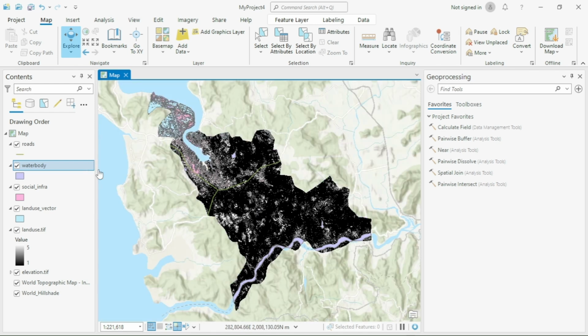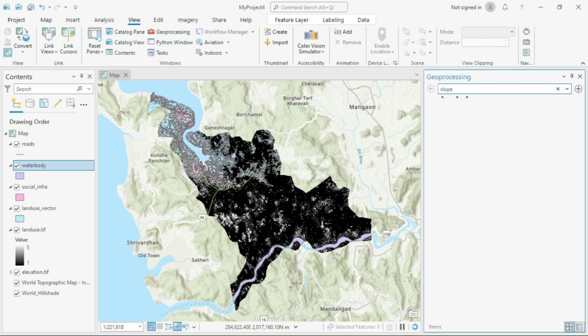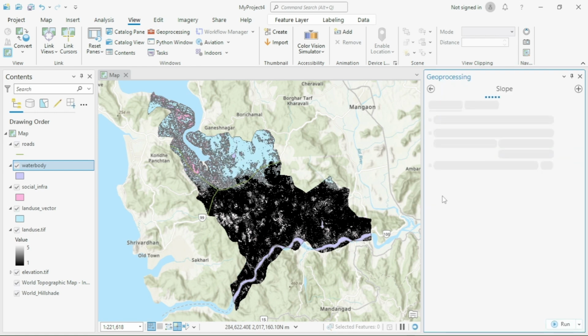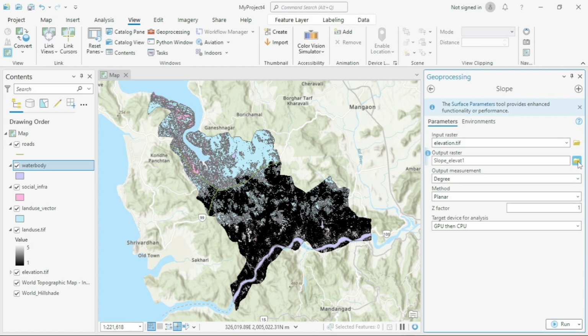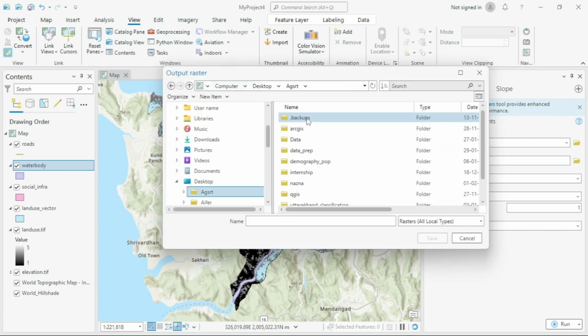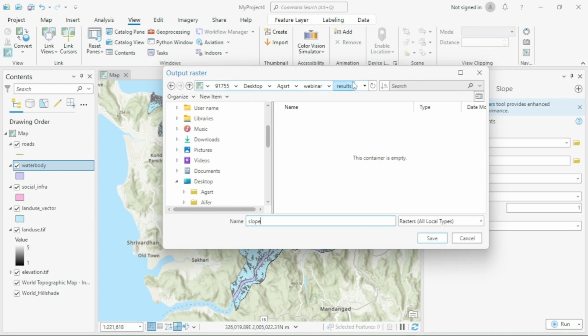So the first step is finding slope. For finding slope, you need to go to the View tab, Geoprocessing. You have to search for slope, spatial analysis. For slope analysis, we are using elevation as input. We can give the input as elevation, and we can save the output raster. We can give the name as slope,